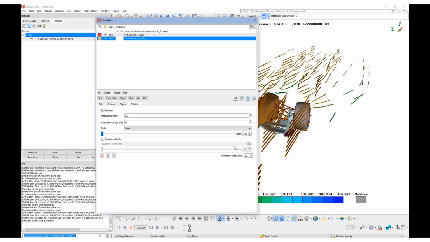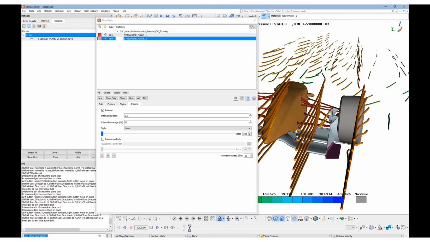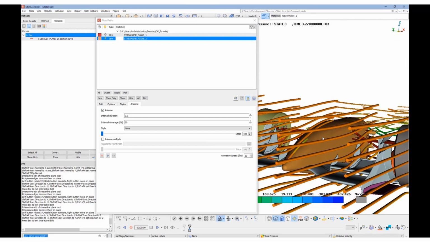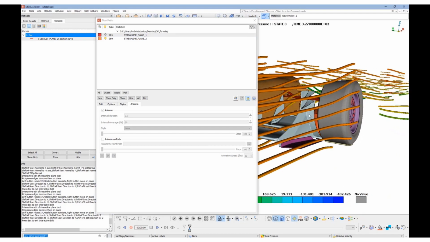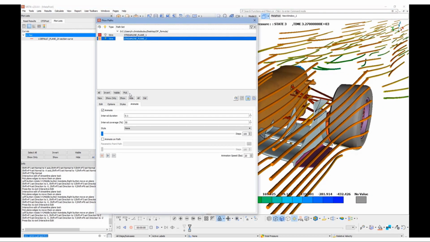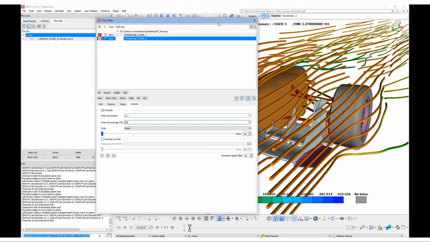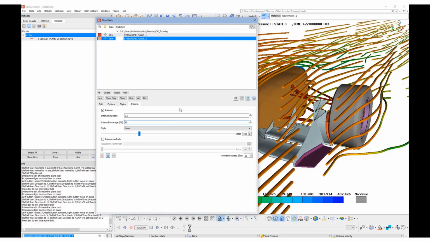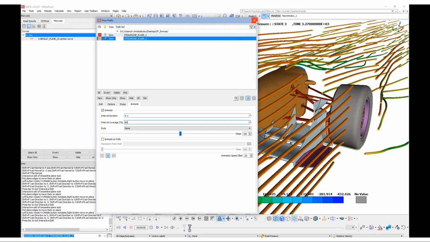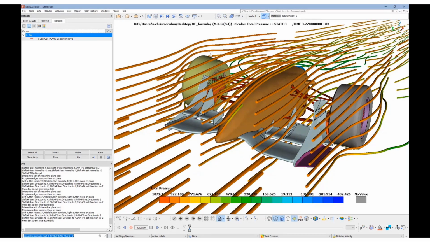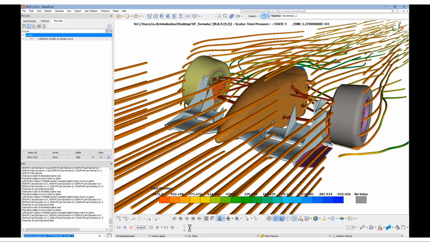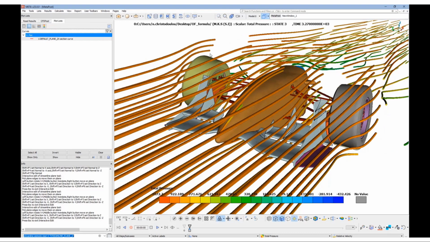At the animation tab, we will activate the animate flag, and we can also control how the segmentation of the streamlines will be done by changing the internal coverage percentage. The animation can be recorded in AVI, MP4 or other formats, and can be placed also inside the report that we're going to build.